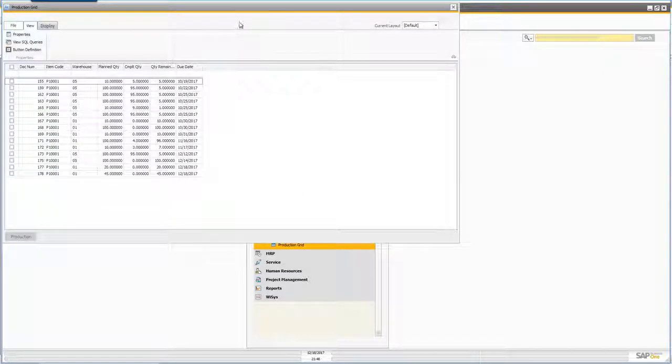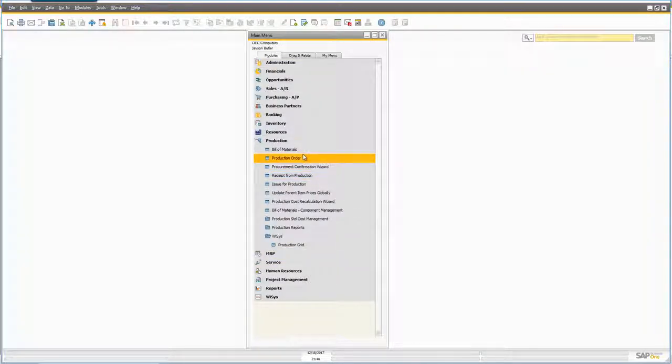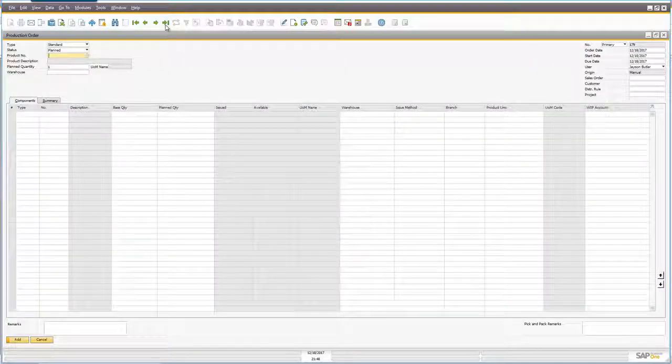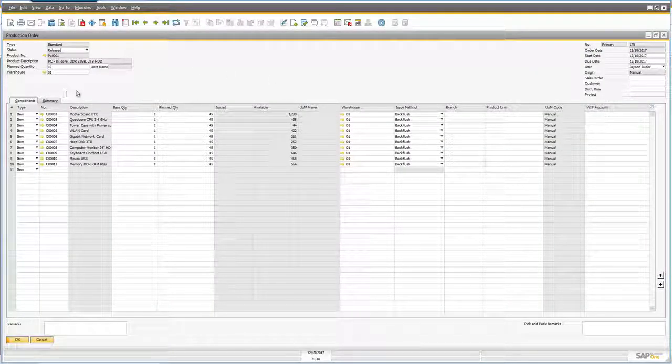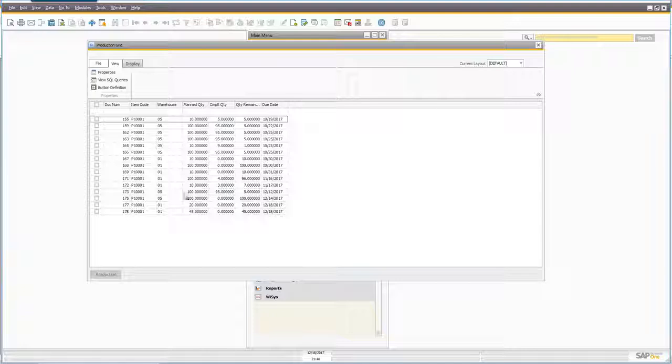Okay, so we've got all these production orders in here. So we have 177 and 178 here. One's for 20 and one for 45. And before we do this, let me just take a look at the actual production orders here. So we have 178 here, and nothing's been produced, nothing's been issued on a back flush. If we go to 177, we've not produced anything on either one of these orders, but they're both released. So if we launch that production grid and choose 178 and 177 and just click production,